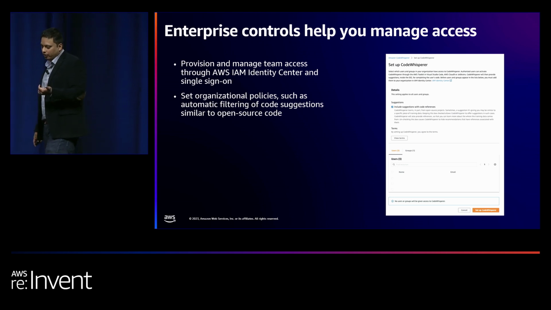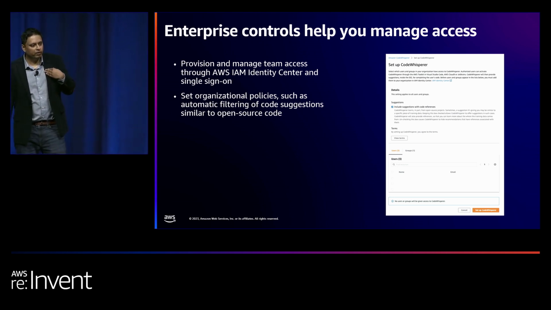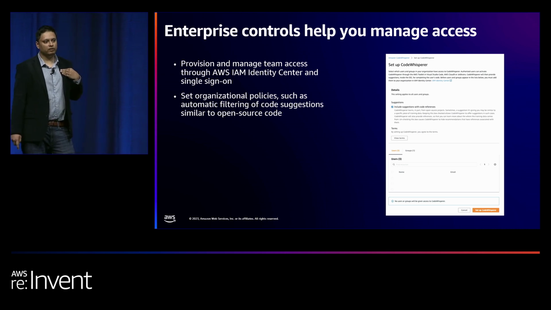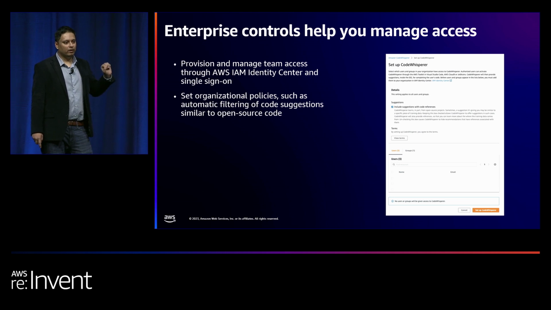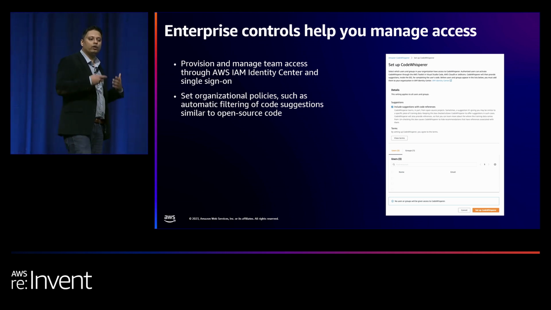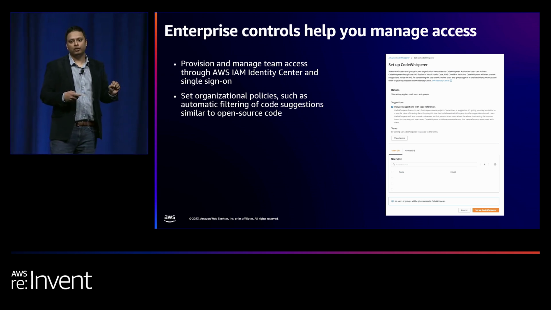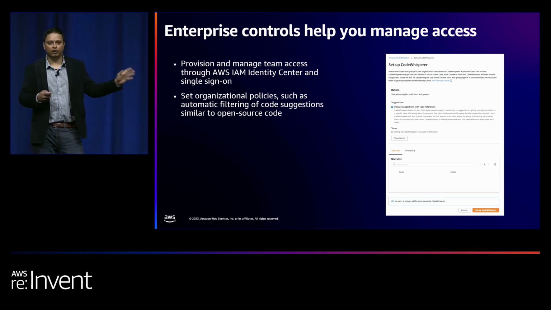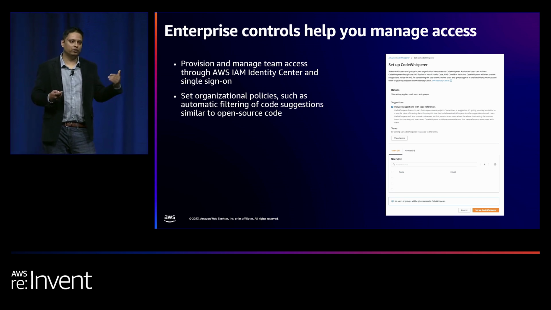The other benefit here is you can connect your identity provider. So now when I log into CodeWhisperer today, I simply use my Amazon credentials. I don't have to remember a new login password. I'm just going to go in, use my Amazon credentials, and start using it. Right? So you can track who in your company is using these tools. You can have CloudTrail logs on the usage, who are the people who are calling the code generation APIs. That gives you somewhat of a visibility into how people in your company are using these tools.